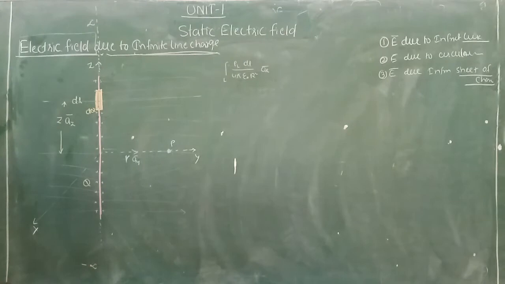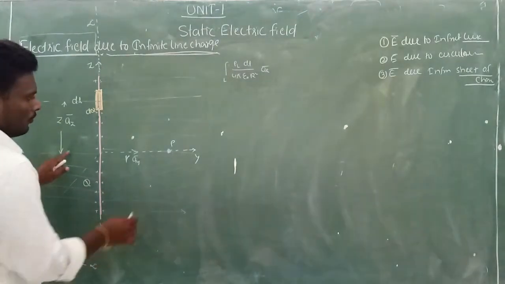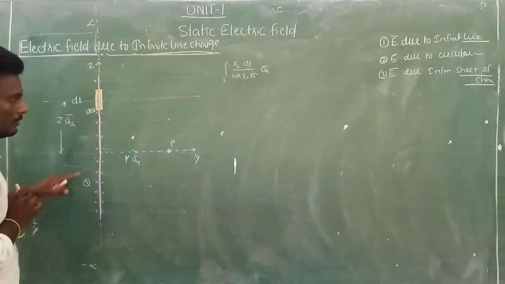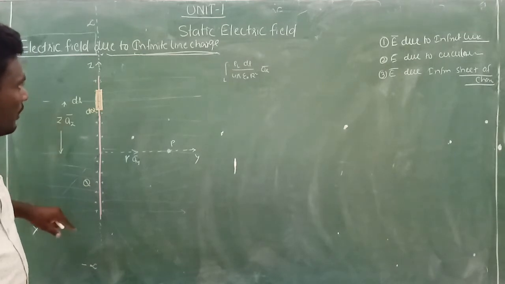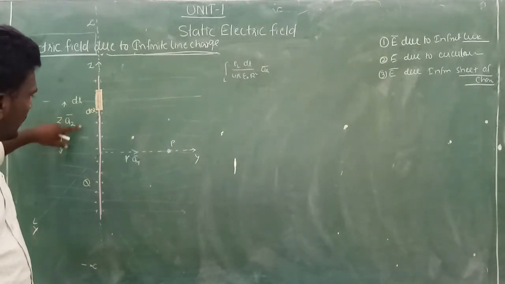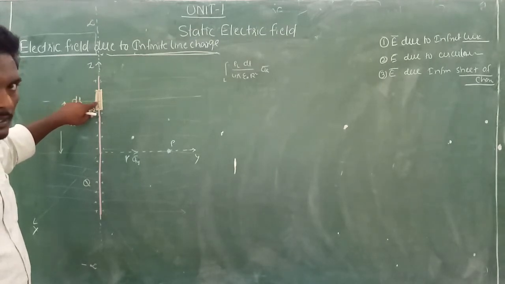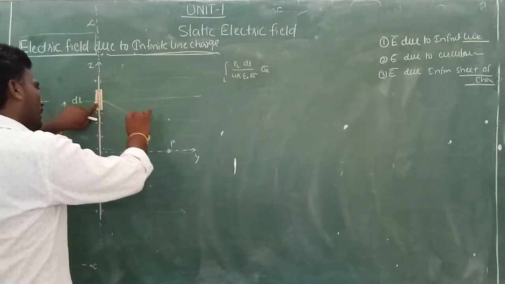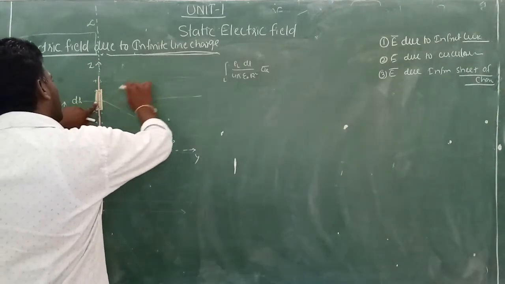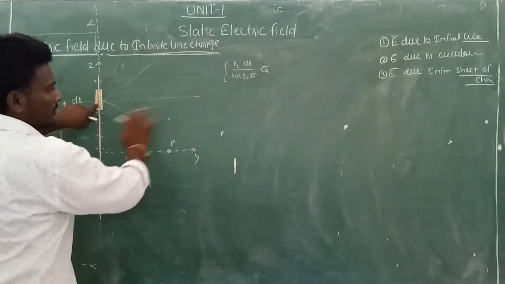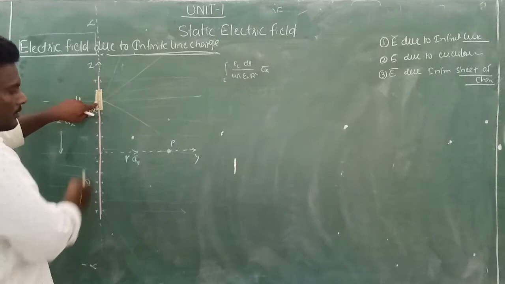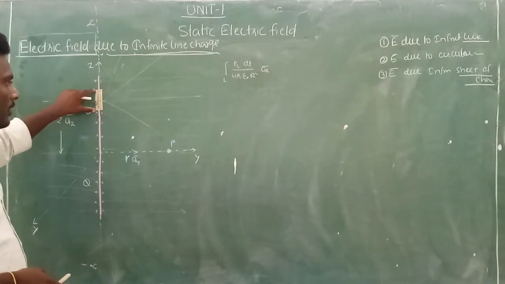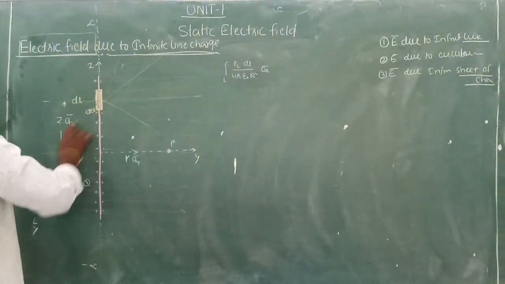Okay, now see, what we are doing here is calculating the electric field intensity at point P, which is on the y-axis. And where is your entire infinite line charge? It is small z units from the origin. That means your charge is here now, and due to this charge, your electric field lines are like this. These blue color lines are initially the field lines whenever we consider the entire length of infinite charge. But here we have considered only a differential length, so my electric field lines are like this.